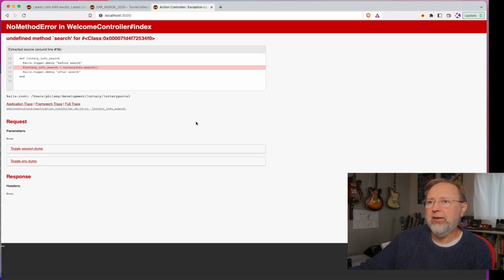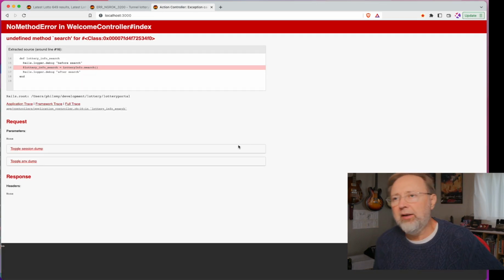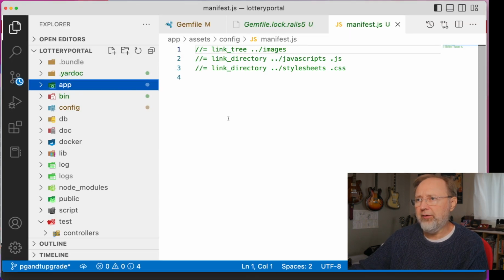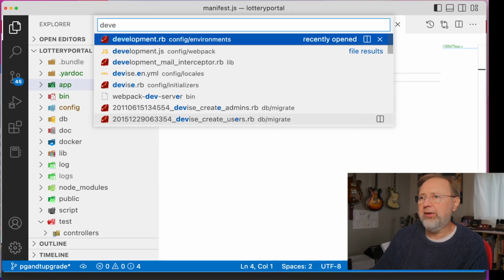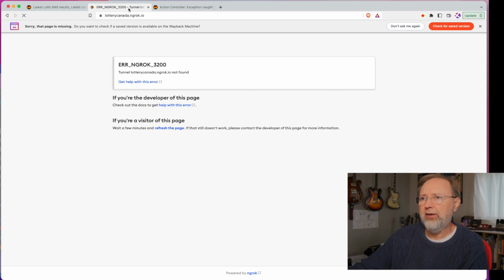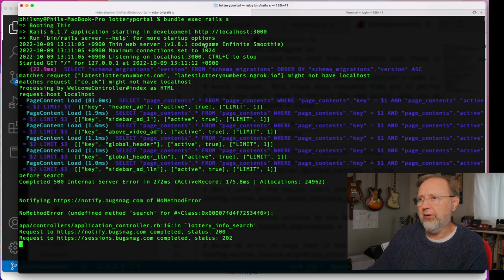Now personally, okay, I don't like to use localhost 3000. I like to use more fancy names like that. So I use ngrok. And so one of the things you're going to need to do in your development environment is make sure that, if I start ngrok,